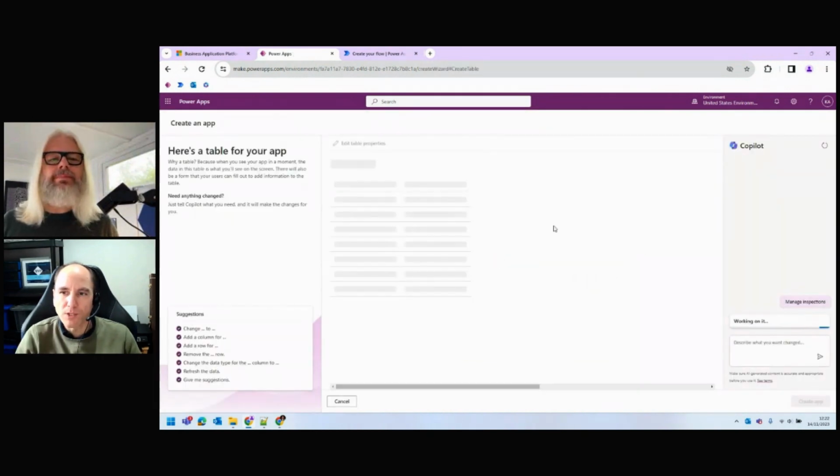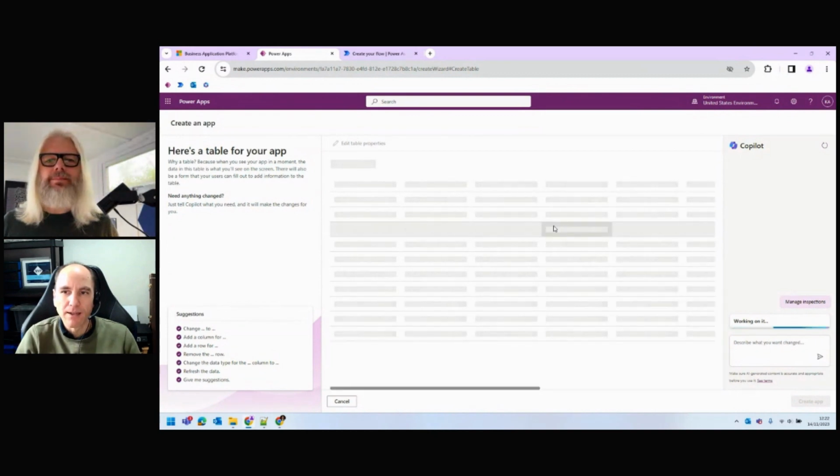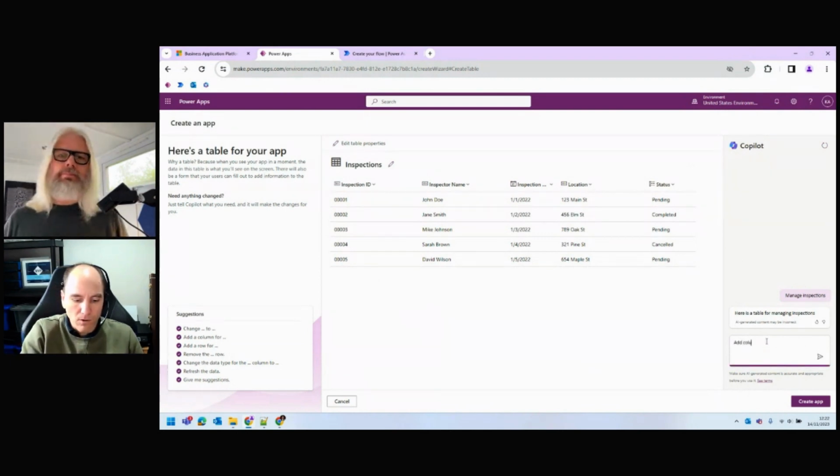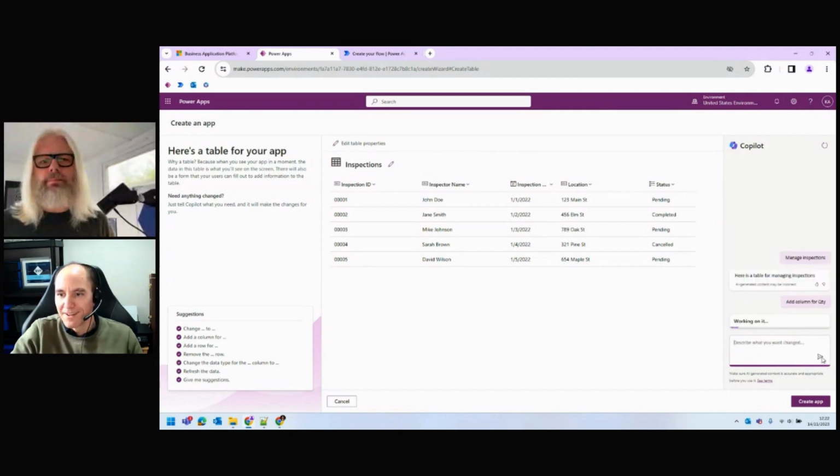There's a few cool things with this one, actually, which is maybe worth showing, is that if I remember correctly, this first one would give you a suggested schema for the main table, but also populate some dummy data so you can start playing with it straight away. Excellent. And then on the sidebar, you've also got the Copilot where you could say, add column for, I don't know, quantity. I'm making this up, but let's see, will it add this quantity column?